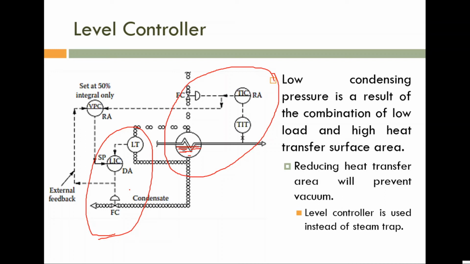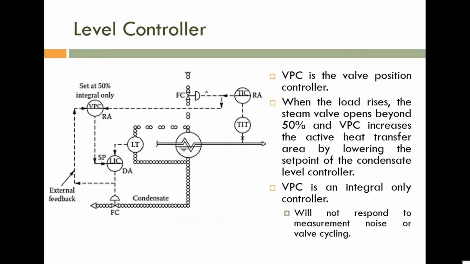Please note, if the increase in temperature required is very large, then we have to open this control valve beyond 50% or towards 100%. If it is opening very close to 100%, it is becoming non-linear, approaching saturation non-linearity. We have to avoid that situation. So in order to avoid it, the choice is to increase this heat transfer area.